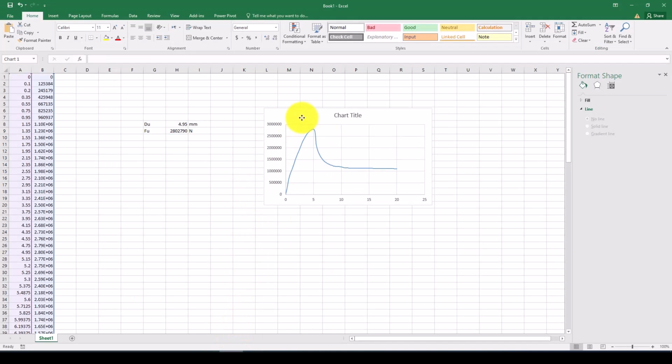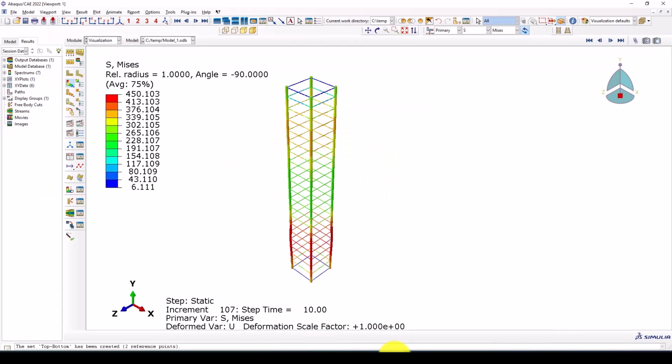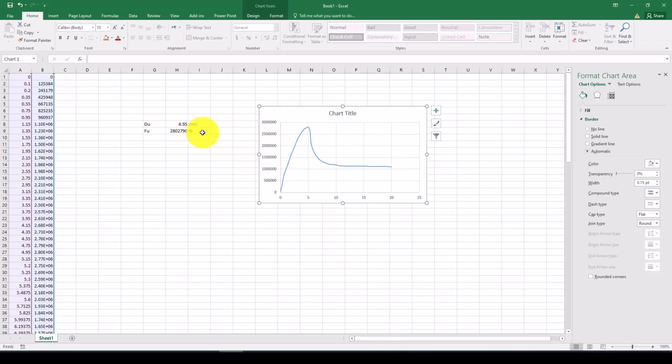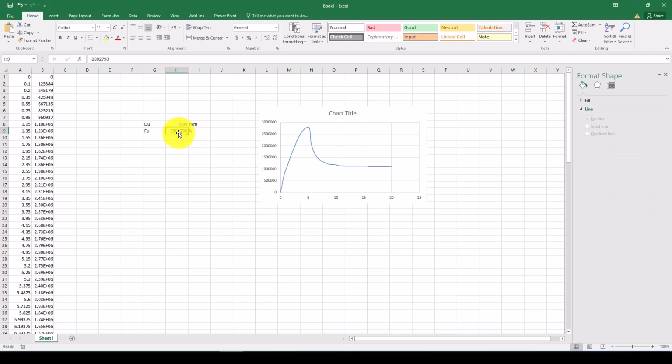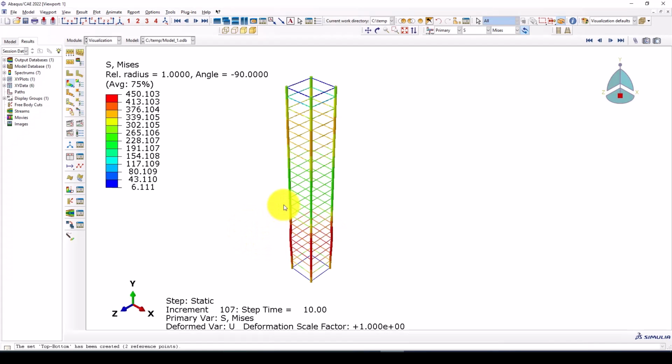So here is the capacity curve of the previous example, which is this one. And now we found out this is the ultimate force and the corresponding displacement is about 5 millimeter. So we use this load instead of displacement, and we want to measure the response of the structure again. Okay, I go back here and the modeling is completed. You can check the previous tutorial and see how you can model, and then come back to here to see